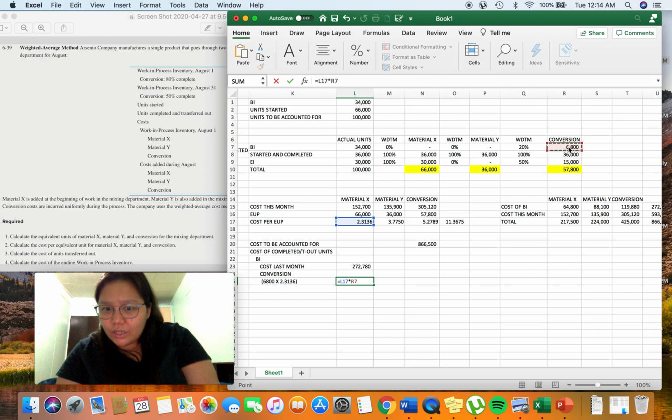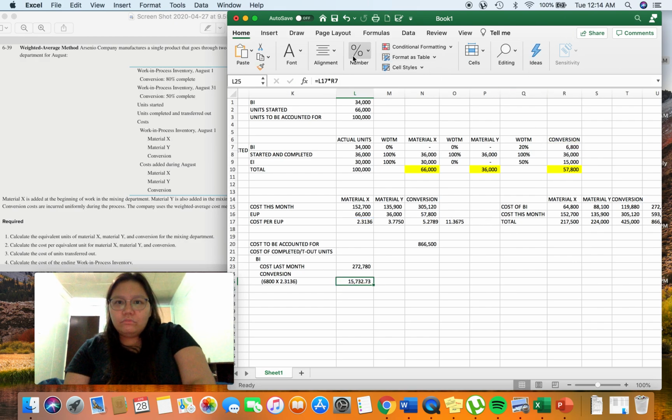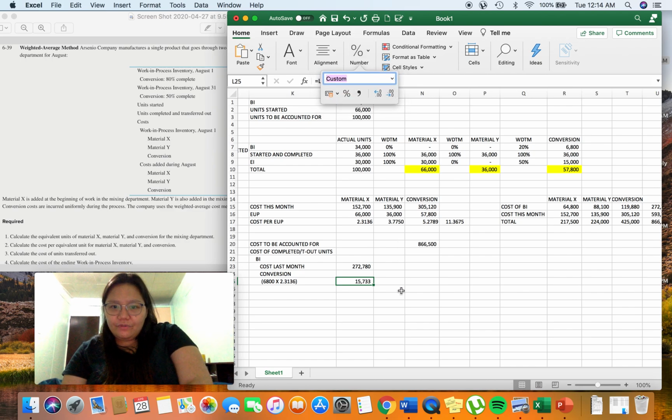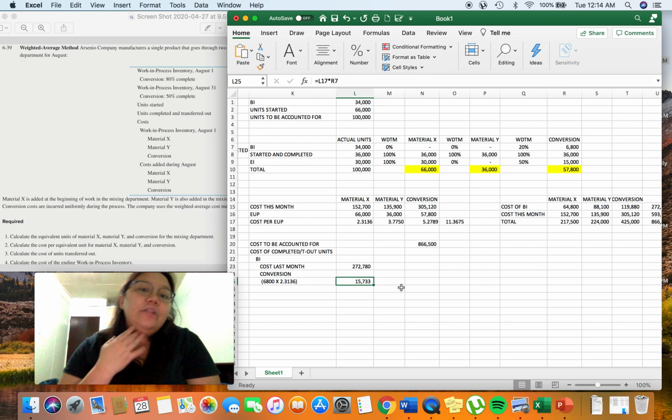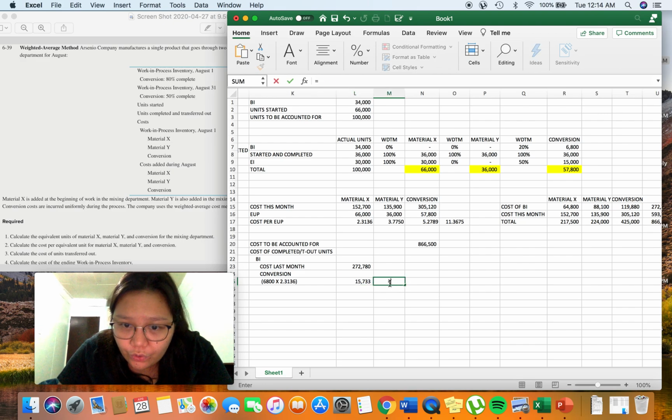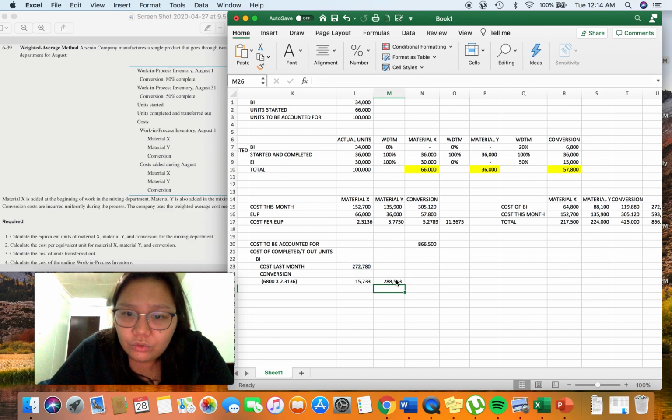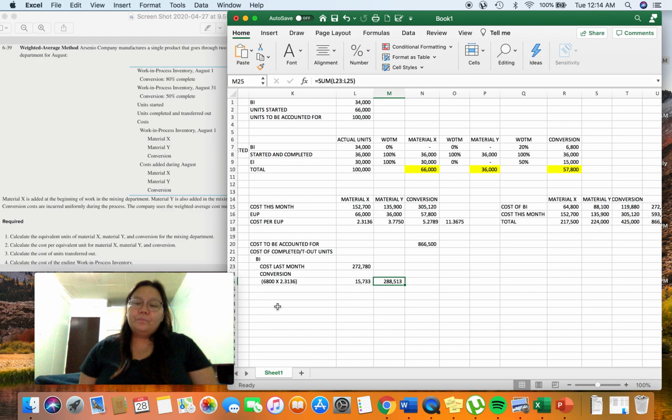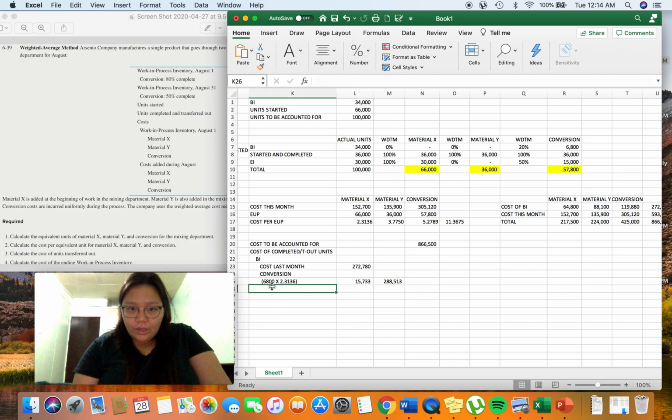2.3136 times 6,800 will get, round off na lang natin to the nearest peso. Okay. So we have 15,733. So yung cost of completed beginning inventory units natin is equal to 288,530. Okay? Next, aside from the beginning inventory, syempre, the transferred out units also came from the units started and